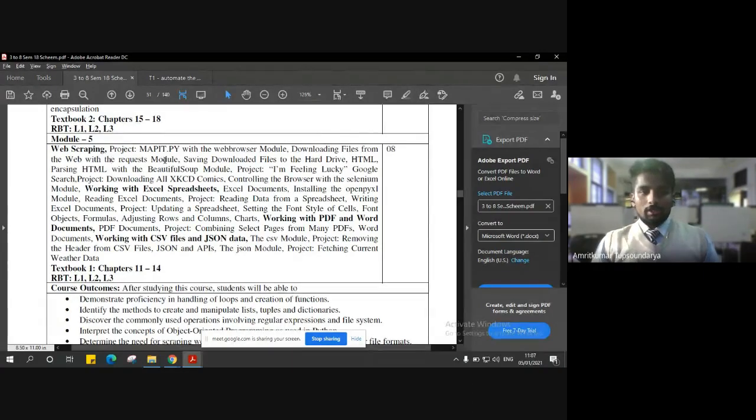We'll also look at how we can save downloaded files onto a hard drive using web scraping. These are the basic things which we already do, but how we can automate them using a program is what we are going to learn here. How can we write a script for it, so that simply running the script will do the task for us? Apart from that, we'll be learning about parsing HTML, and there is one more module called the Beautiful Soup module, which is again a very important module. We'll be learning about these things as well.